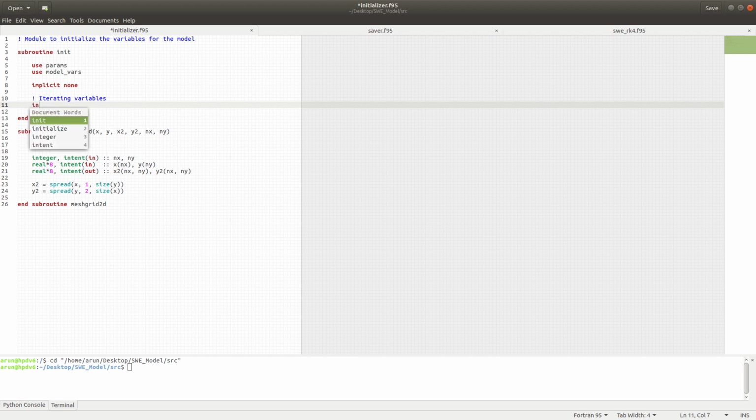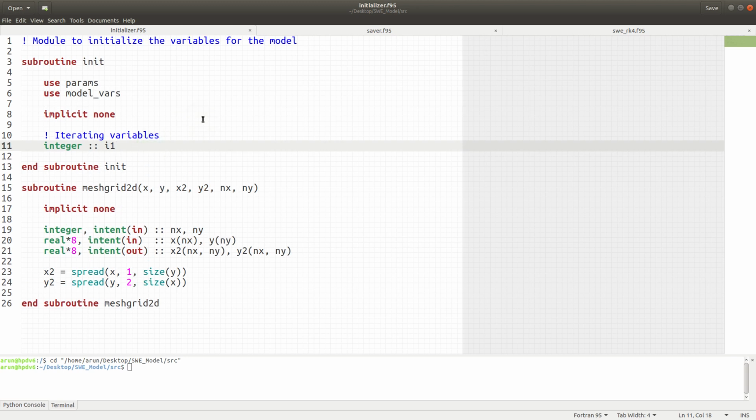So for this I'm going to need only a single iterating variable. Just to be different from what we wrote in the main program, I'm going to keep it as I1. And let me zoom this up so that you don't curse me for making it too small. Anyway, moving along,